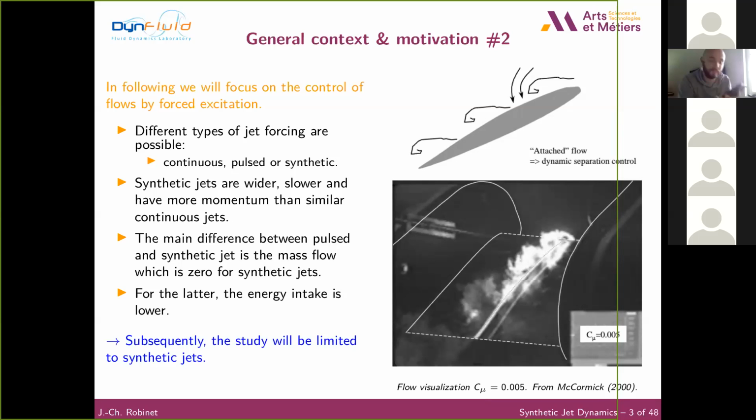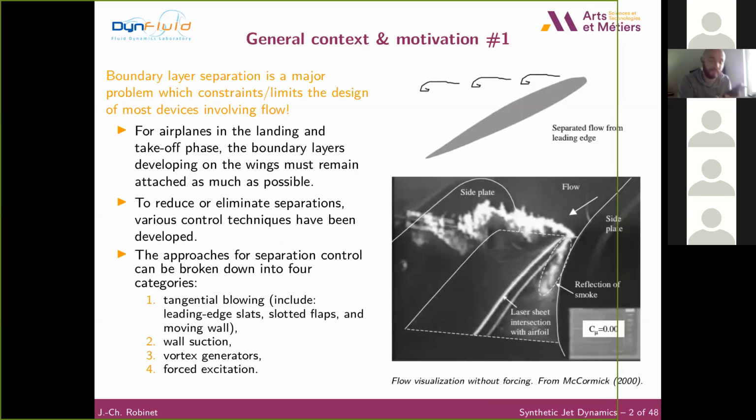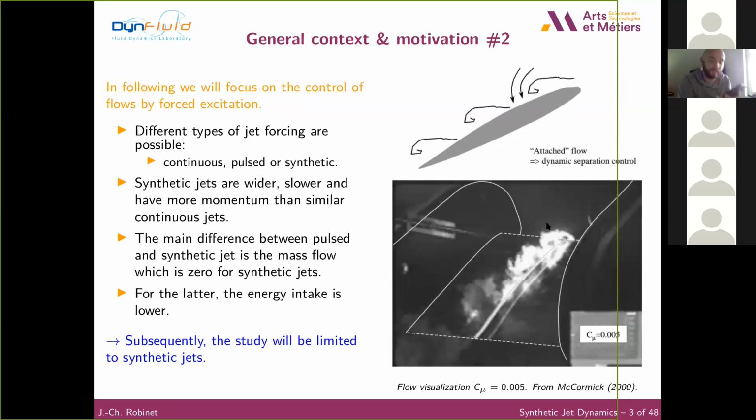And the last one is very interesting because the synthetic jets are wider, slower, and have more momentum than similar continuous jets. Typically, an example is on the figure on the right from a comic in 2000. You can see, in fact, a wing with a high angle of attack. And this angle of attack, if you don't control the flow, is massively separated. And if we use an array of small synthetic jets, you can reattach the flow. And the main mechanism is you inject momentum